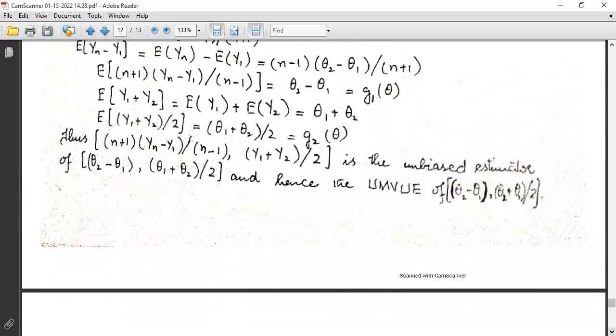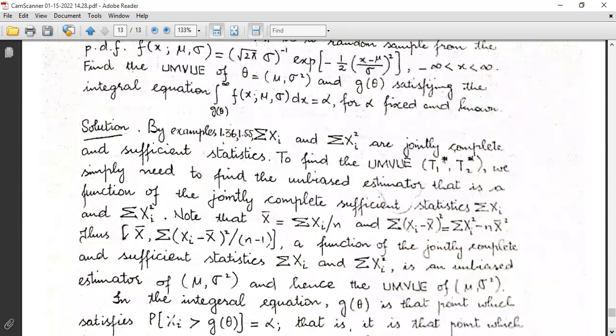So all this we will go through, inshallah, in the class. Till then, this video, I am sure, will help you to understand the concept and the idea behind lecture 9, which is about the Lehmann-Scheffé theorem and its generalization, the Rao-Blackwell theorem's generalization, and also